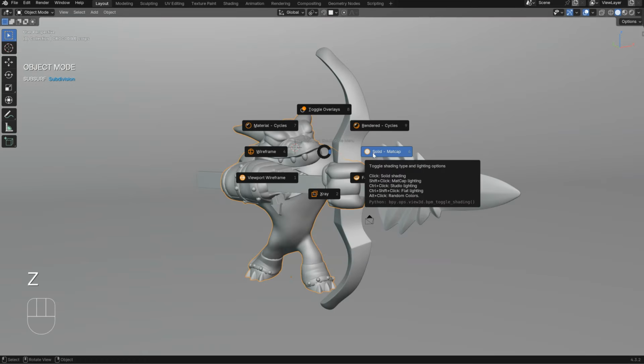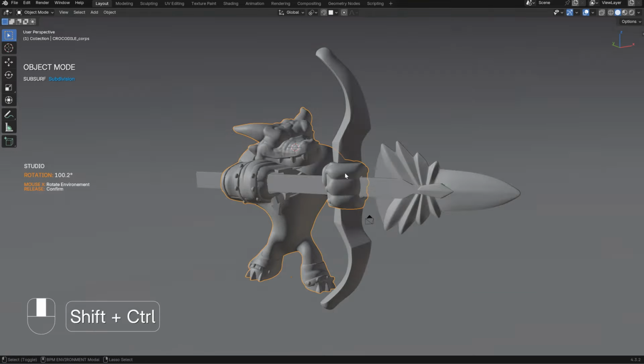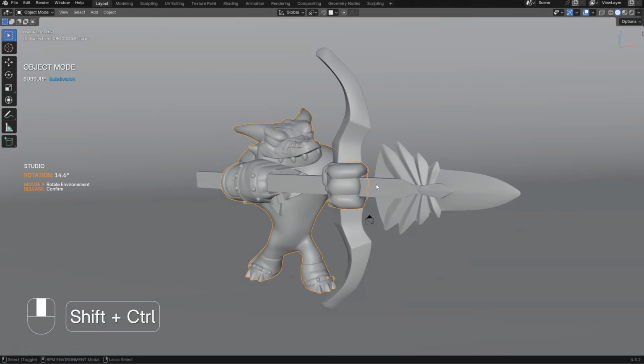So just to show you, if you put your mouse on it, click, that will activate or disable the solid mode, Shift, that will activate the matcap, Control studio lighting, Control Shift the flat lighting, and Alt the random color. So like that, if I press Control, I will be in studio mode, and in the studio mode I